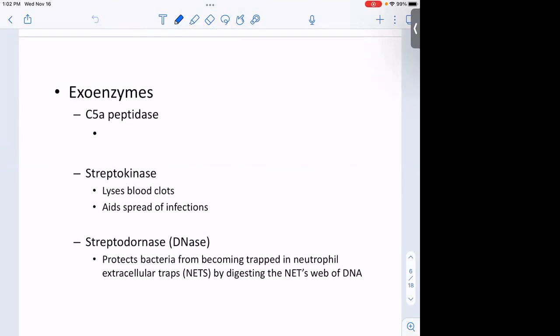So where we left off, we were talking about exoenzymes, and I think your book might talk about some other virulence factors. I picked some that especially may be related to something else that we've talked about or that were sort of easier to understand. Okay, so here's one, C5a peptidase. As you're reviewing complement for the exam on Friday, remember C5a, it's usually referred to as a potent chemotactic factor,